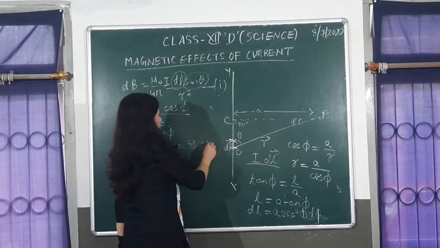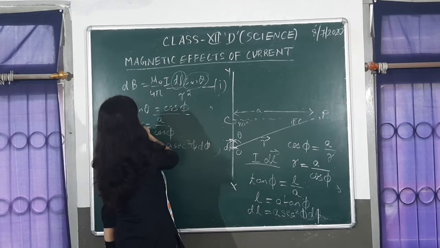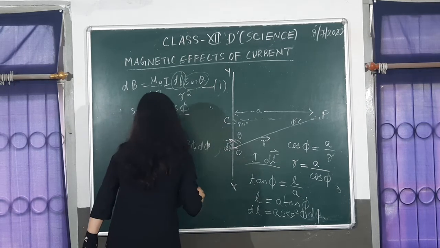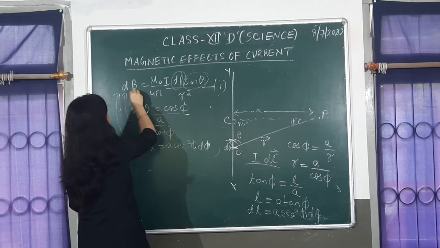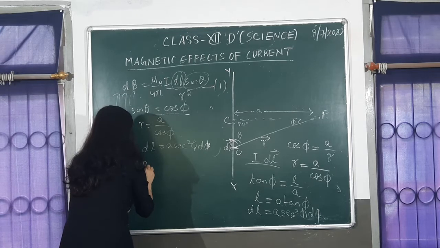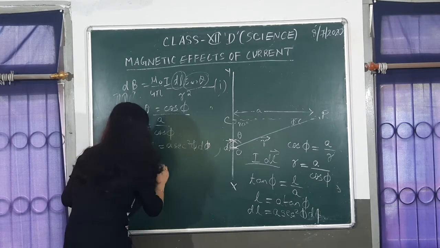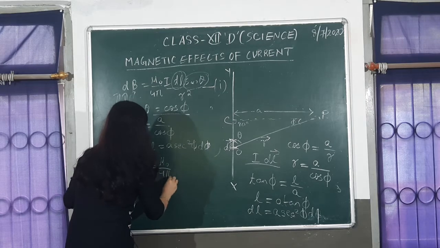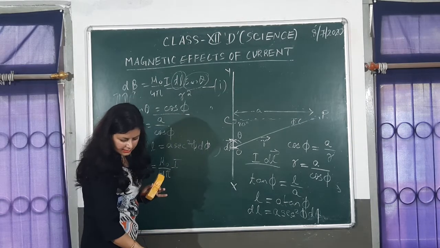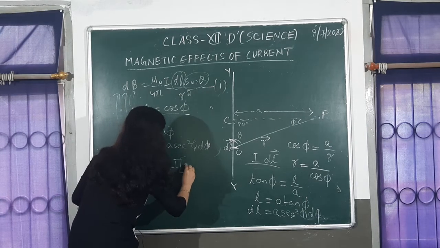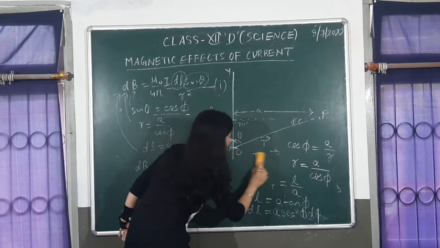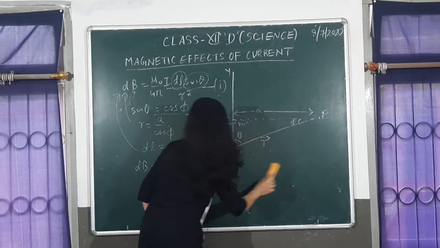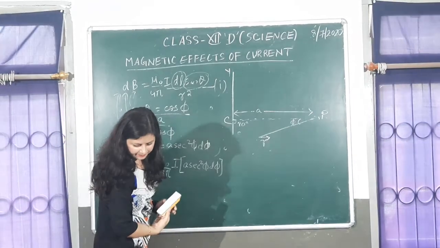Hope it is clear. Now I have got three terms here which need to be eliminated from this expression. So let me replace all these three in this equation number 1. So I will get dB is equal to mu naught by 4 pi, I remains there, my dl is A sec square phi d phi. I will continue, A sec square phi d phi